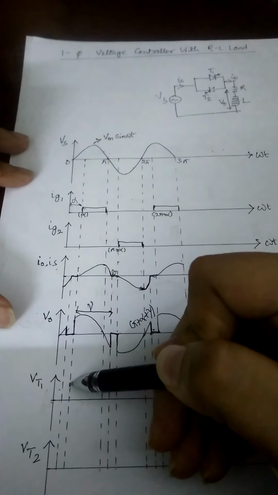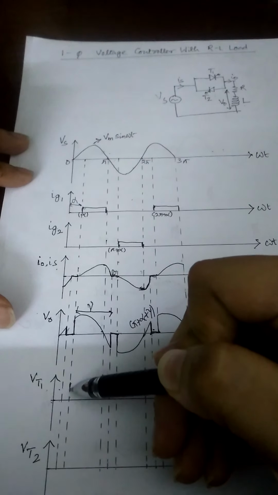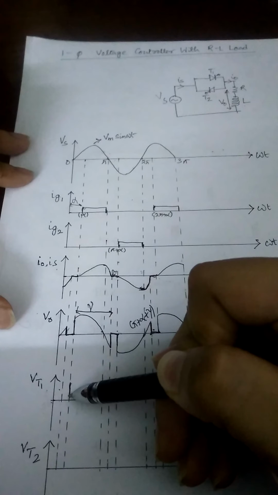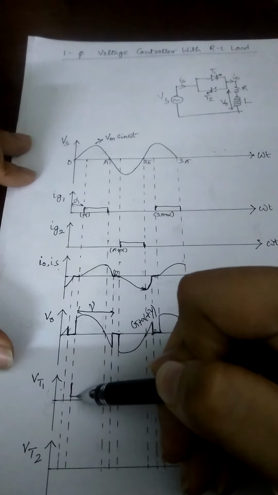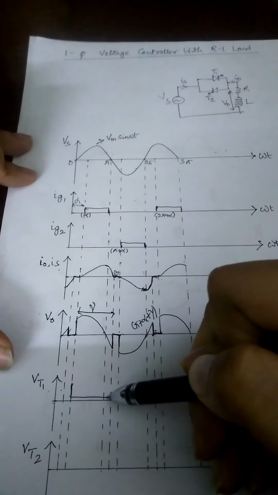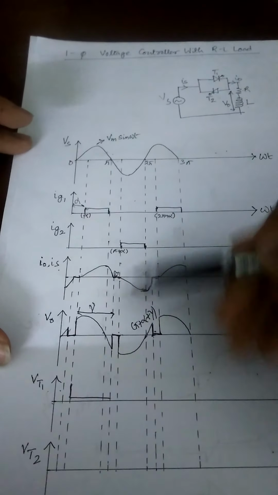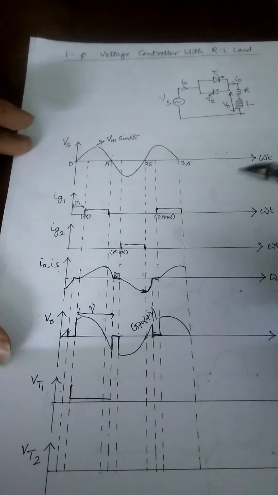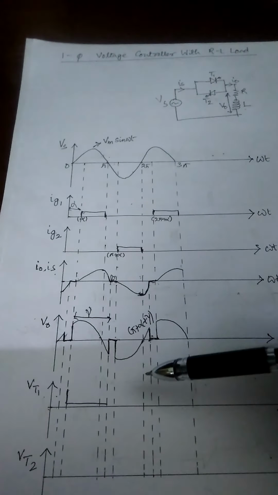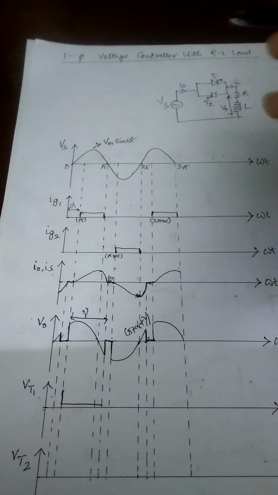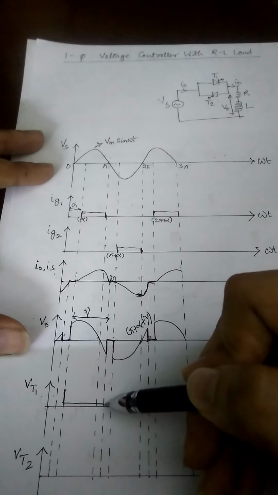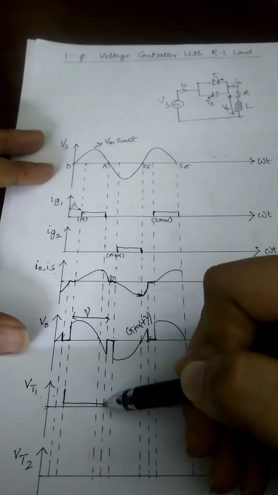See, at alpha point, this is the profile. From here, that is the supply voltage, from here it drops to 1.1 to 1.5 volt, and that continues up to the point that is beta. So after that what happens, the T1 thyristor is going to be in reverse biasing mode, and again that will follow the supply voltage waveform